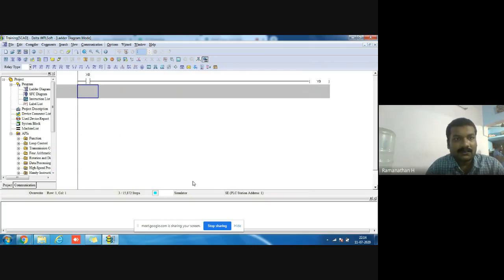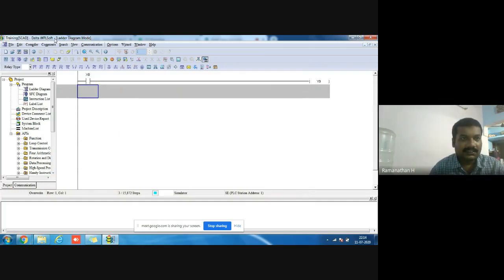But we need some additional inputs and outputs, and these are not field inputs or field outputs. Internally, we are using some inputs and outputs for our programming purpose. That is called a dummy coil.